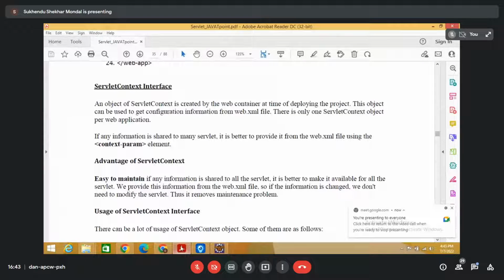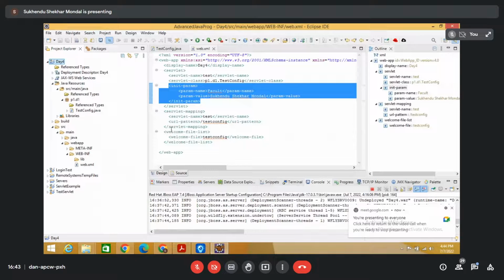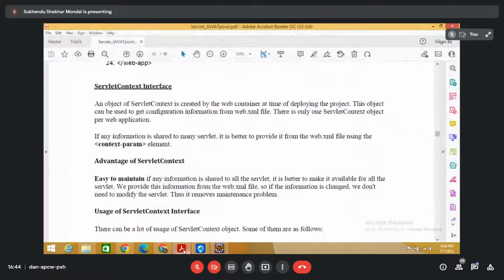So in that case we use the tag context param instead of init param. And context paramটা কি হবে, context paramটা এই সার্ভলেট যে ট্যাগ আছে এর বাইরে হবে, যেমন ওয়েলকাম ফাইল আছে এরকম এর পরে হবে বা এর আগে হবে। ওকে, সেটা হচ্ছে যে বিকজ দ্যাট ইজ কমন ফর অল সার্ভলেট,